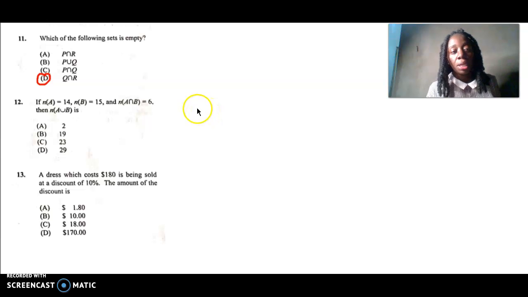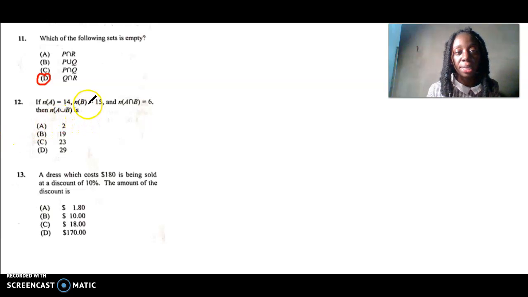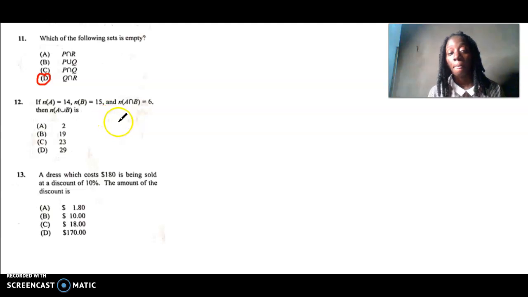Question 12. If the number of elements in set A is equal to 14, the number of elements in B is equal to 15, and if the number of elements in the intersection of A and B is equal to 6, then the number of elements in A union B is, alright, so the number of elements in A union B